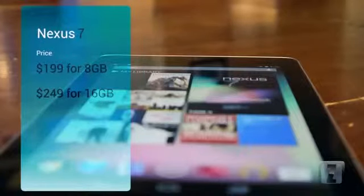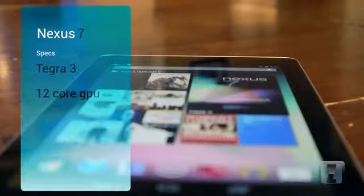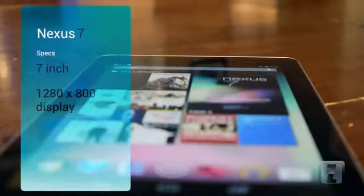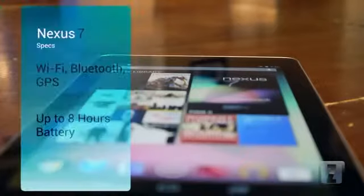The Nexus 7 has a reasonable price at $199 for 8GB of storage and $249 for 16GB of storage. The specs are equally impressive with a Tegra 3 quad-core processor, a 12-core graphic processor, Android 4.1 Jelly Bean, a 7-inch 1280x800 display, Wi-Fi, Bluetooth, and GPS, and up to 8 hours of battery life. On the left side of the device we have some pogo pins which allow for future accessories such as a